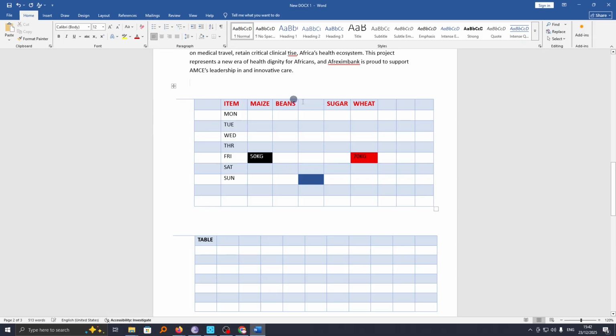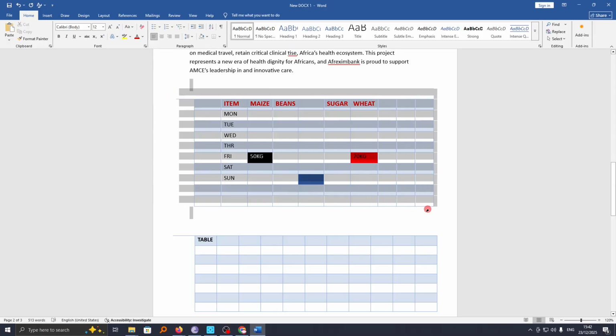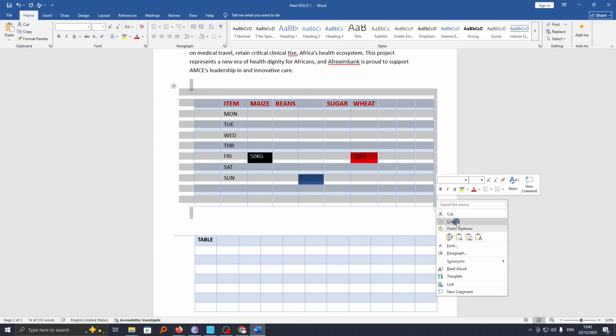Alright, so to duplicate or copy and paste the whole table is pretty simple. Just head over to the table that you wish to copy or duplicate and then highlight the whole of it like this. Make sure you select up to the outline borders. From here, go ahead and click on Ctrl+C on your keyboard or just right click on it and then choose